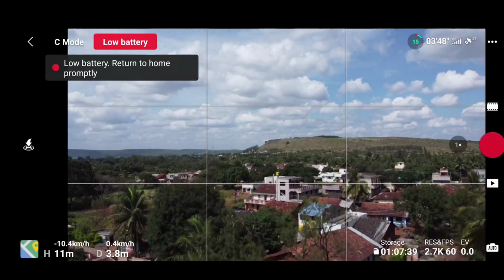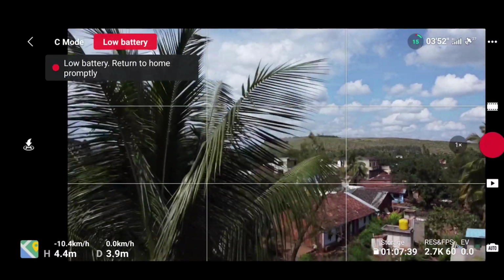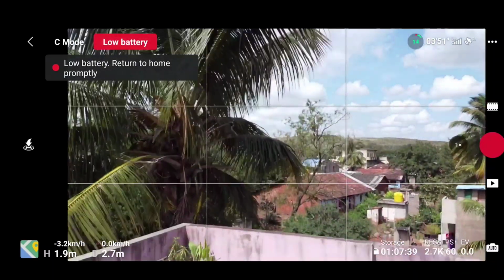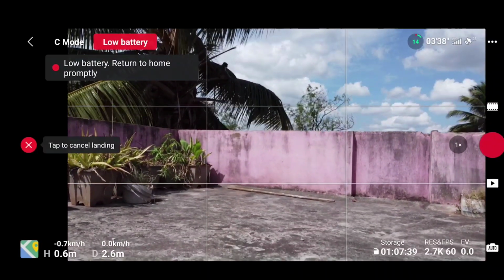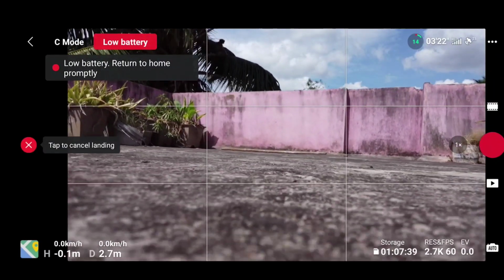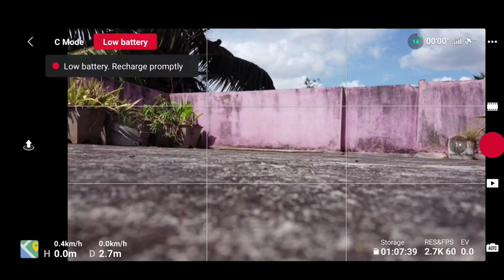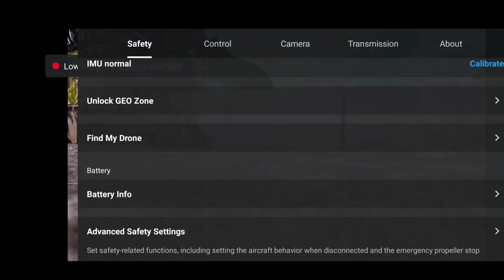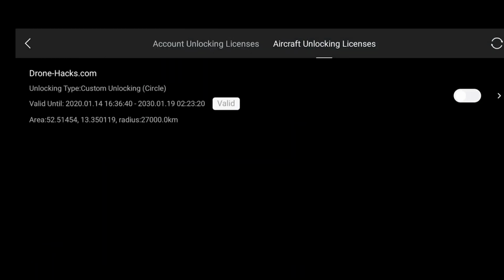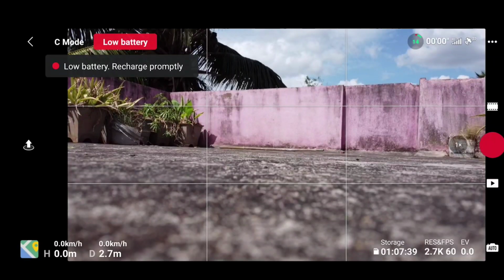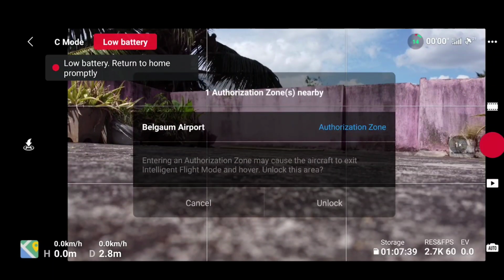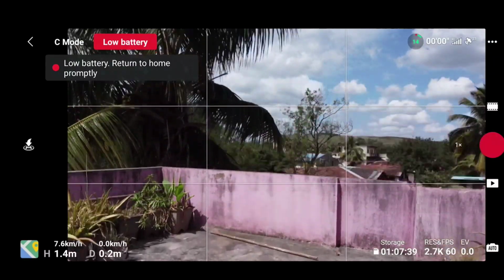What I usually do is use the NFZ certificate most of the time. I feel the NFZ certificate is more convenient because there are no steps to do before flying. If I am flying my drone in areas where there are many trees and I use RTH, at that time I use the back button pressing method. You guys comment below and let me know which method you feel is most convenient.